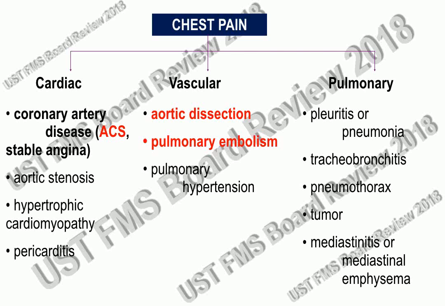So when you talk about patients coming in with chest pain, you actually have a lot of differential diagnosis. You can have disease entities consisting of a cardiac pathology, vascular pathology, or even a pulmonary cause. So under cardiac, the most common and very important etiologies would be your acute coronary syndrome in coronary artery disease, or stable angina. Other causes are your aortic stenosis, your hypertrophic cardiomyopathy, and pericarditis.